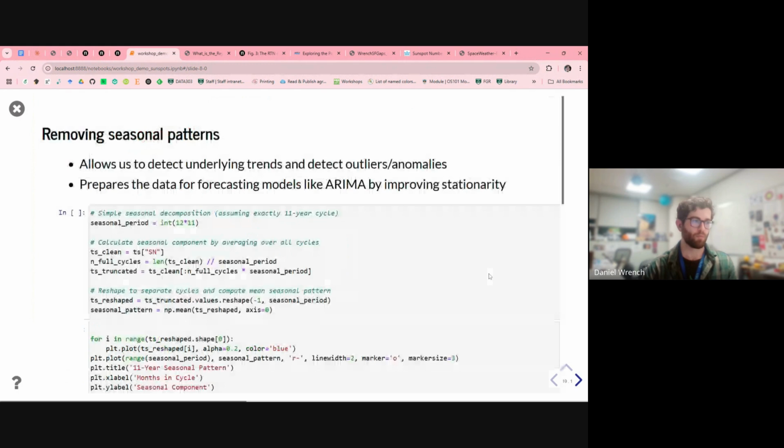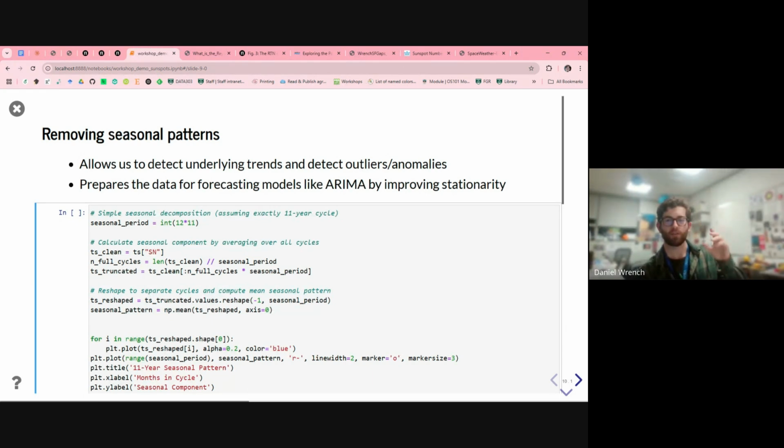But otherwise, I'll move on to what we can do once we've confirmed what the periodic trends are in our time series. And there's this idea of time series decomposition. So I mentioned back when I first showed the sunspot data: trend, seasonality or periodicity, and noise. And there are functions that will do all that for you, but one nice simple illustration is, now that we know the periodicity, which I'm just going to say is 11 years, we can calculate the average value across that cycle and subtract that from our original time series.